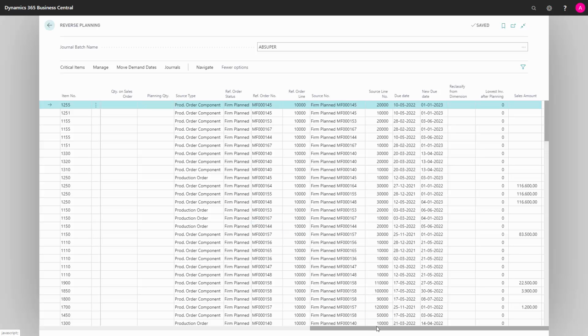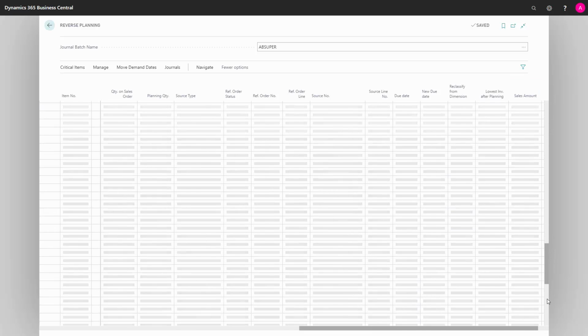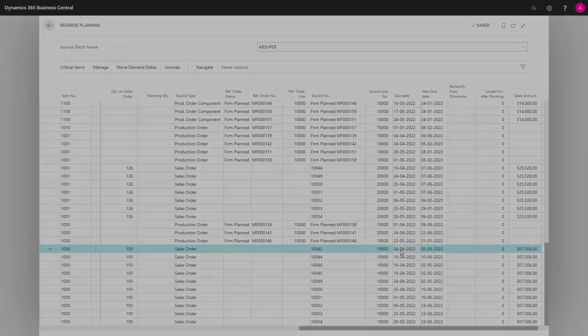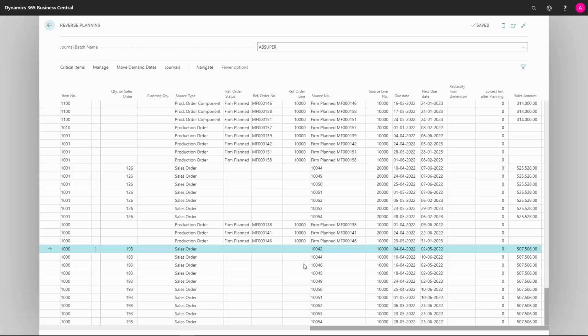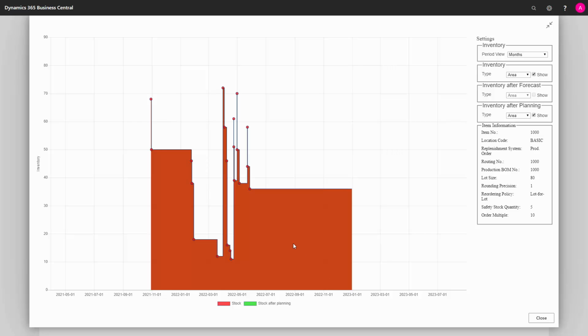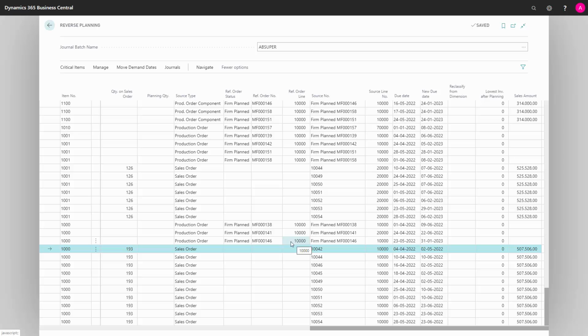So the production order line is more complex to understand. I could scroll down and probably in the end, because it's running per low-level code, find sales order lines that need to be postponed. Now it's a little more difficult to explain this sales order line, because if I look at the sales order line that I would like to postpone into May 2nd, and I look at the graphical profile, it actually looks okay. Like this. So the profile seems okay. Why does it suggest to move the profile? Well, it does that because